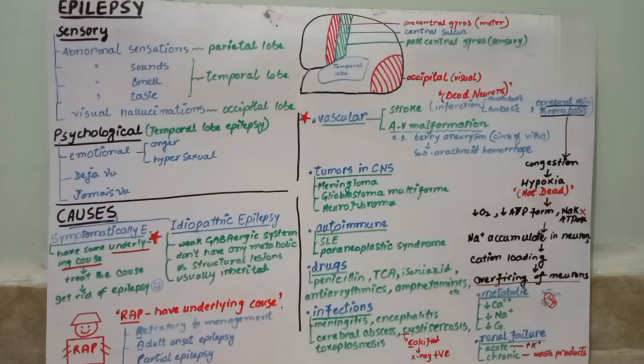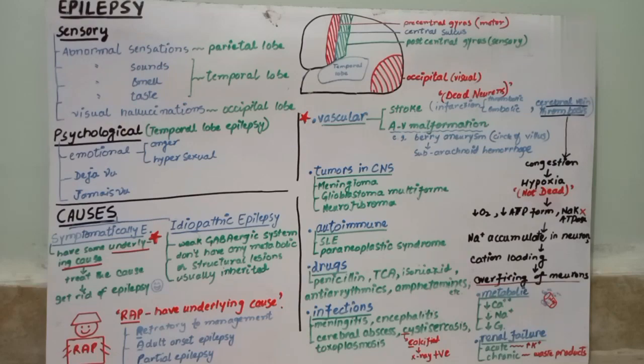Let's start from where we left off in the last video. We were talking in the last video, at the end, about how the epileptic patient will present. Like I talked before, he will present with symptoms related to the motor, sensory or psychological. I talked about the motor one. Let's start from the sensory one today. Why will the patient present with these three different types of symptoms